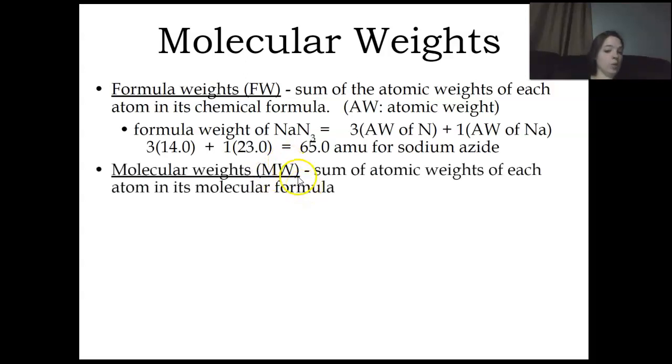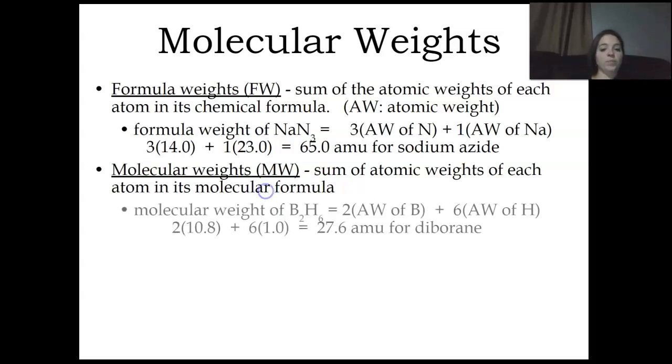Then you've got molecular weight. This is the sum of atomic weights of each atom in its molecular formula. So chemical formula, think of like ionic. And then molecular is when you see molecules. Well, what gives you molecules? That would be covalent. So in this, we have diborane, or